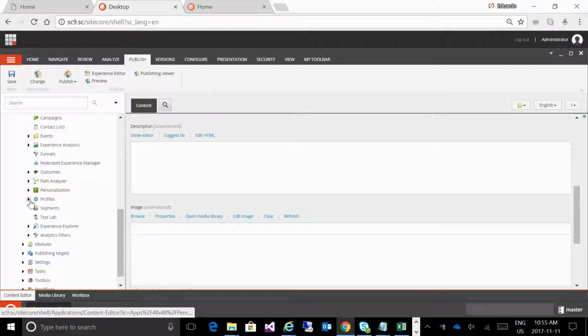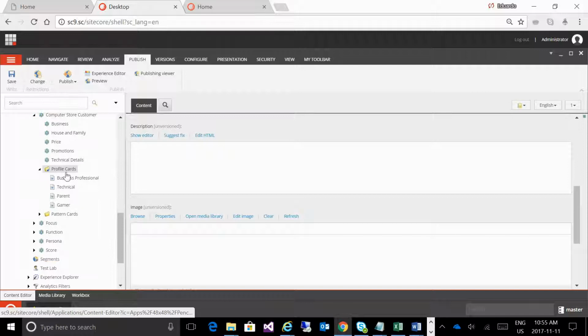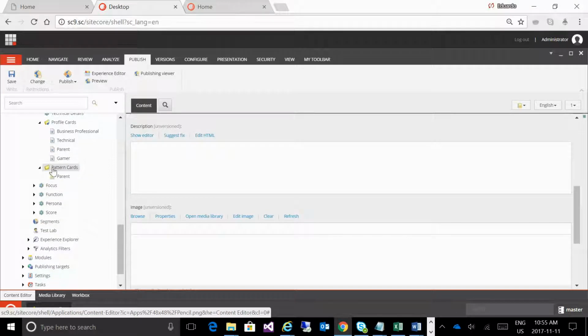This is where we're going to do all the configuration for profile keys for your website profile. Define the different profile cards. I have defined 4 different profile cards for my website here. So we may have business professionals, technical users, parents, and gamers, and parents the one that I'm looking for. So I have my pattern card for parents,